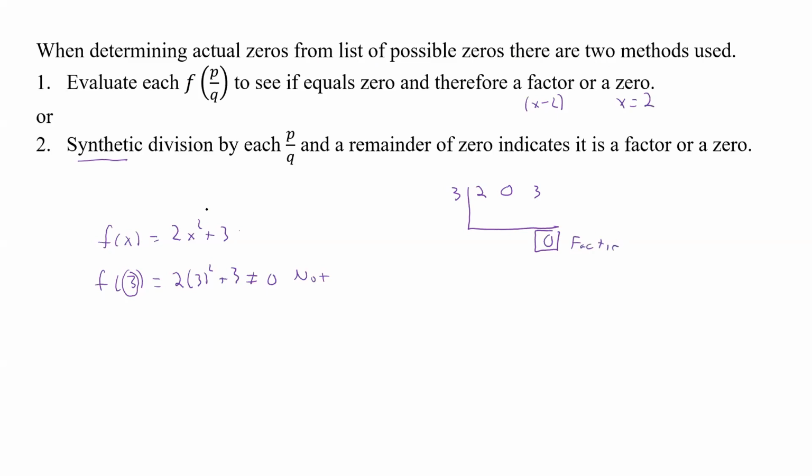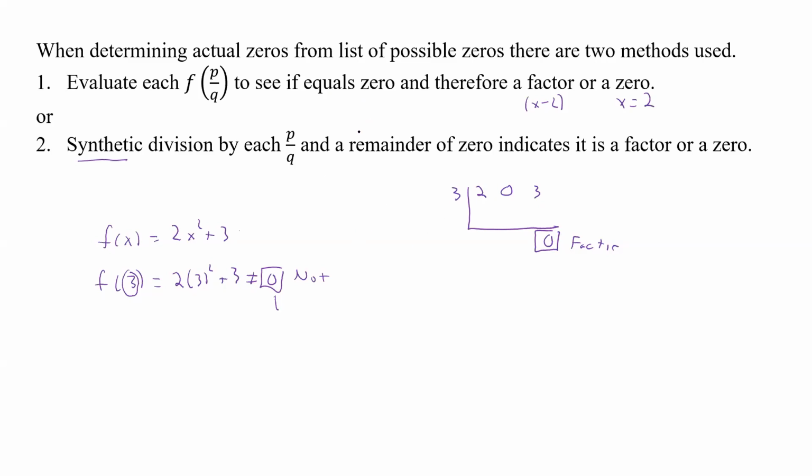If you do the first one, you plug the value into your actual function, plug it into your calculator for each of the values, and if you get a 0, then it is a factor. Or if you do the synthetic division all the way down and your last number is a 0, then it's a factor. If it's anything else, like in this case, it's not equal to 0, so that's not a factor. And if we did this all the way down, it's not going to be a factor either. I couldn't come up with a good example where it would be a factor, but